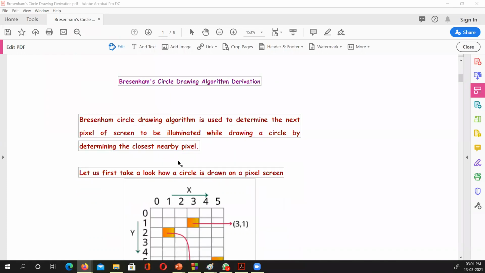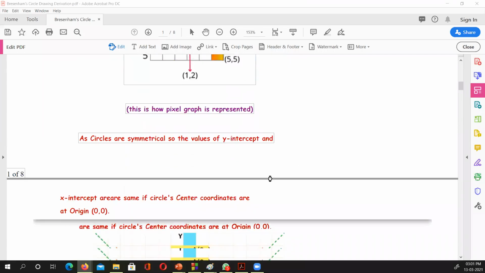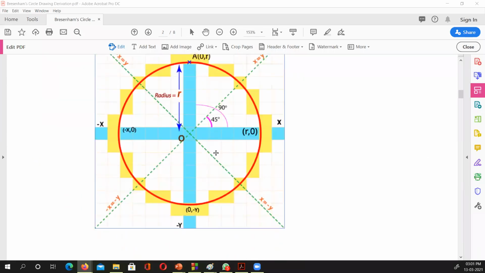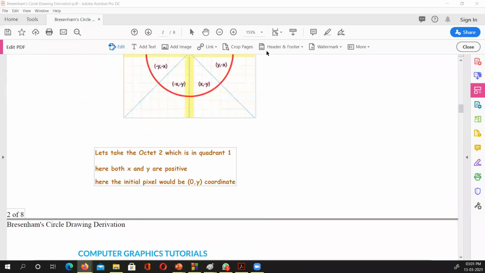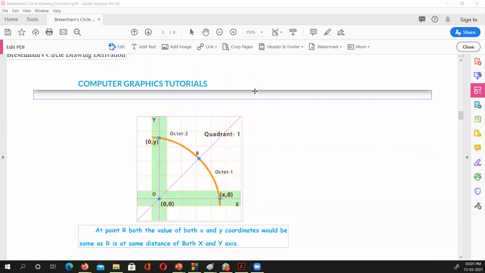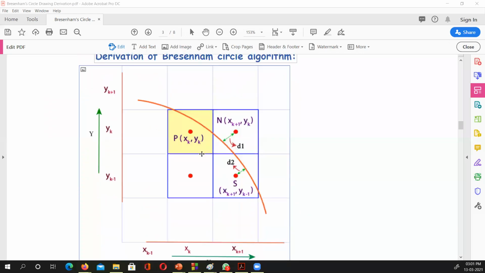So we have to understand which one is the nearby pixel, and then you can read this out. I will go from these octants and 45 degrees and all. You already know that. Then we have this quadrant and these octants, the couple of octants we have, and our problem is to draw an arc from here to here, the rest of the 7 parts we have. And here, this is the point which I would like to talk about.